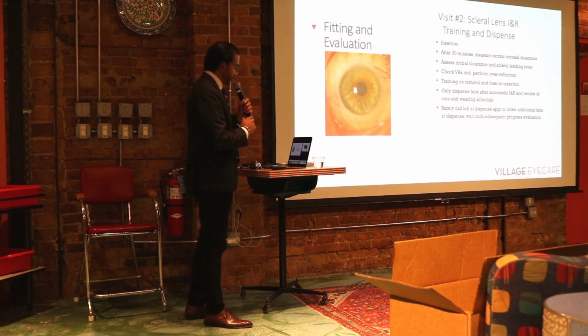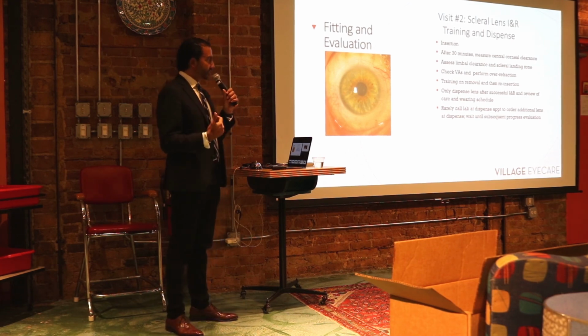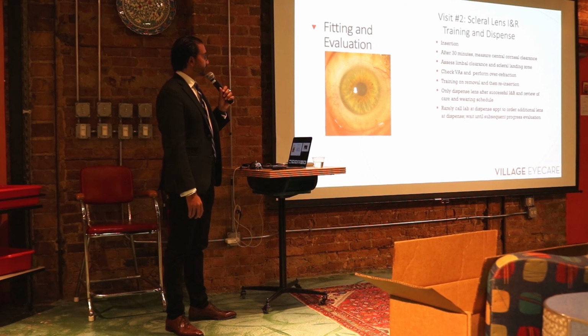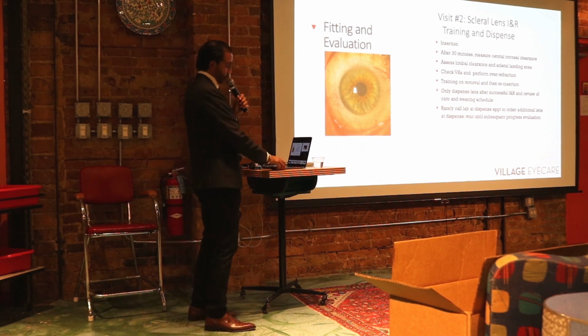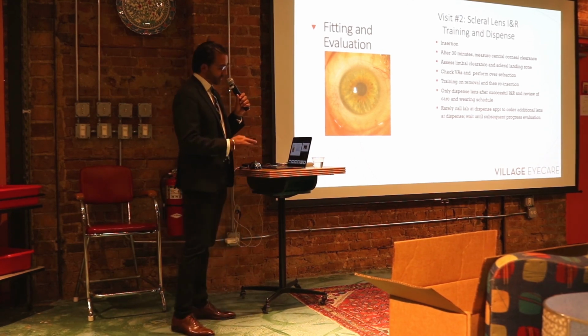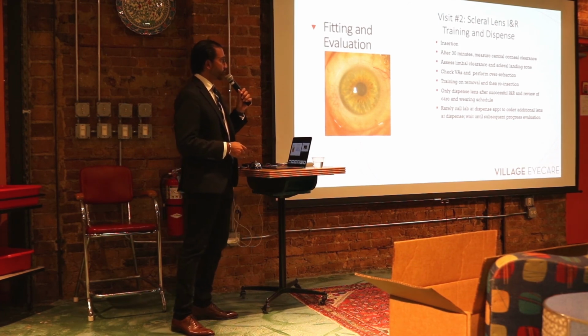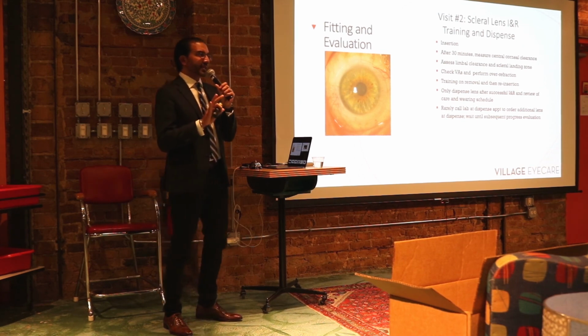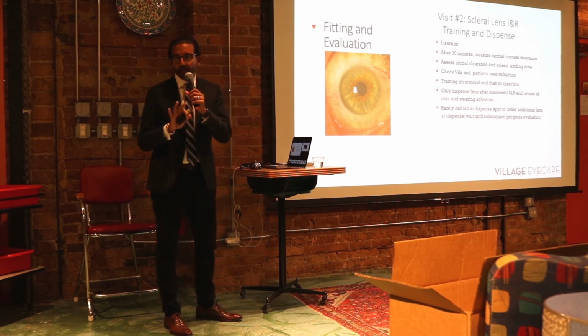Okay, so we're on to the second visit. The lenses have been ordered from the lab. Lenses are here, patient's excited, staff's excited, I'm excited. Insertion, again, depending on how that first insertion went, either myself or my lead technician will handle insertion. It will be done before seeing dye, as shown in that initial video. Again, we're going to wait 30 minutes, take all the necessary scans, evaluation. The VAs and over-refraction will be done at that time as well. Very rarely do I make any changes at that point. I want the patient to take that lens home, unless there's some type of apical bearing or the fit is